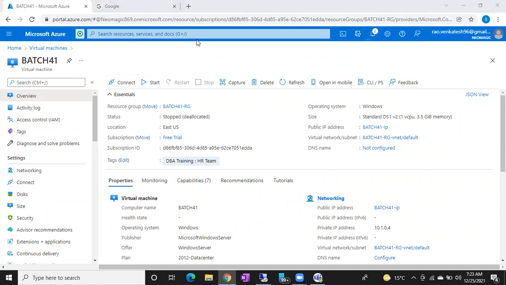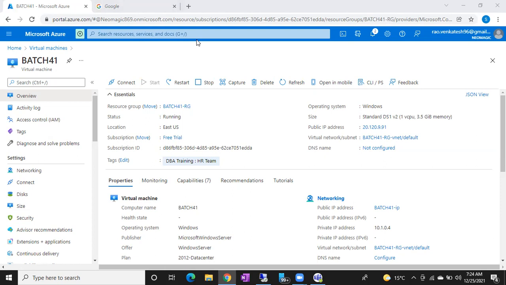Okay, fine. So how many of you created a virtual machine in Azure? Yesterday 4, right? I asked, at least 8 people today. 4 plus 2 added, 6 people. Okay, 1, 2, 3, 4, 5, 6, 7, 8. Good. 8 people created an Azure VM, right?